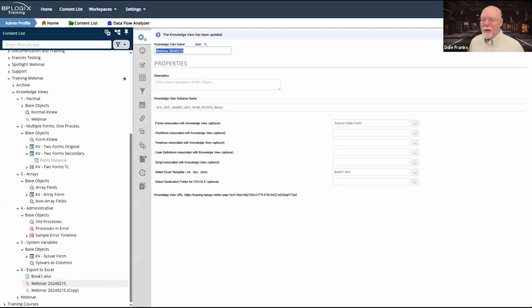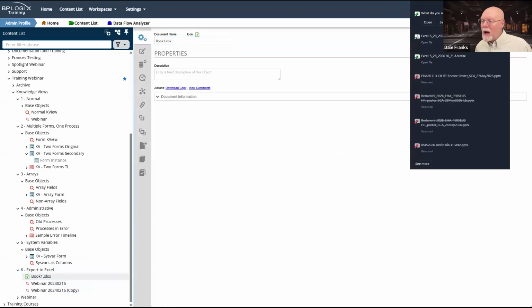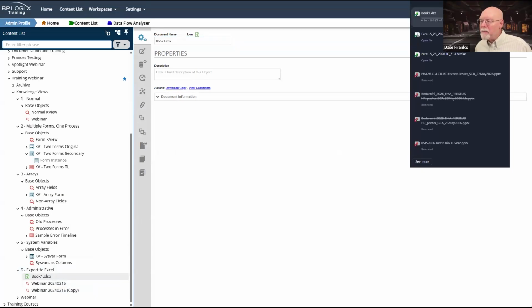And the reason that I need to do that is because once I say I want to export this thing to Excel, I have to go back to the Properties tab, and I have to select an Excel template. The nice thing about an Excel template, and let's go grab our Excel template and download a copy of it and look at it.